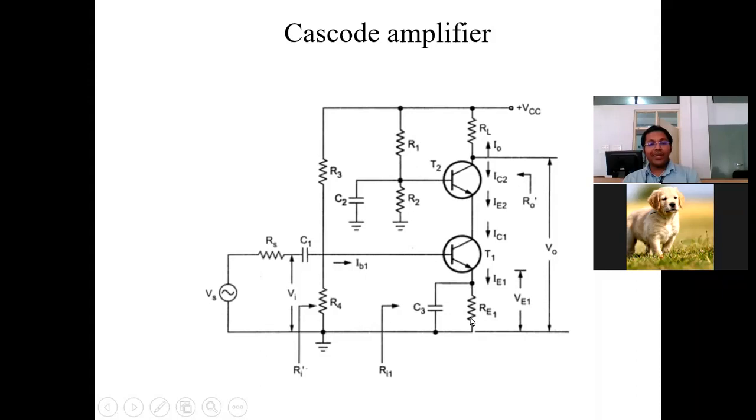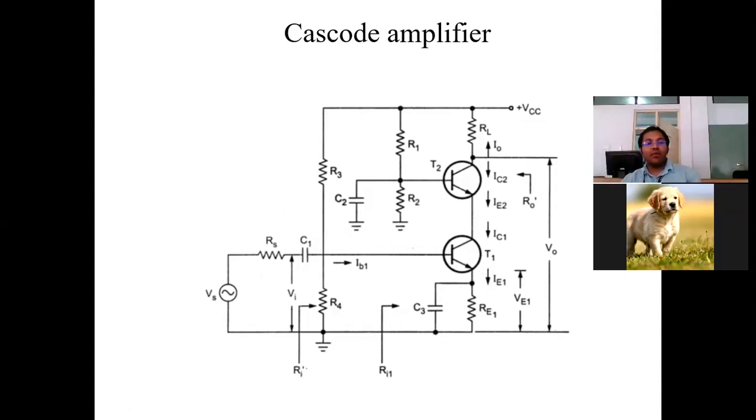Emitter is common for both input, output. So first transistor is in common emitter configuration. Second transistor, base is grounded. Why grounded? For AC equivalent, capacitor acts as short circuit. Whenever we are dealing with amplifier amplification, we are considering AC equivalent because it is the AC signal which is amplified.